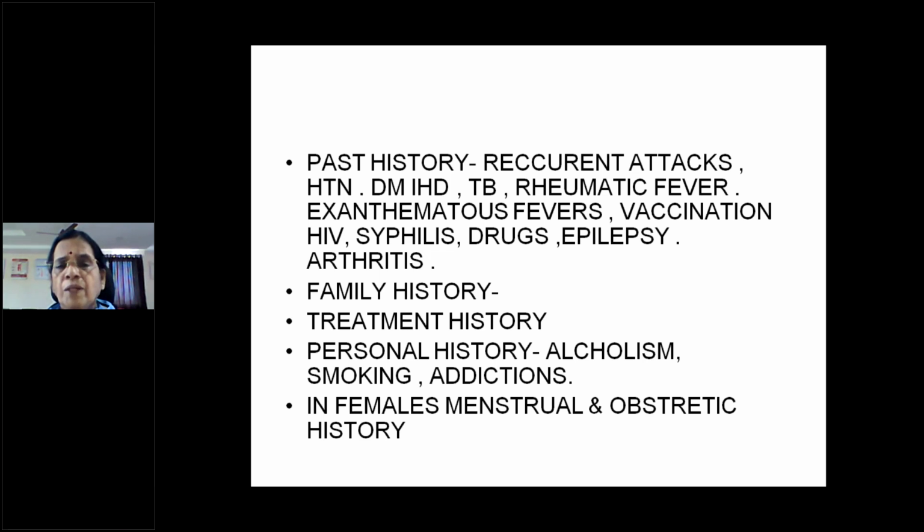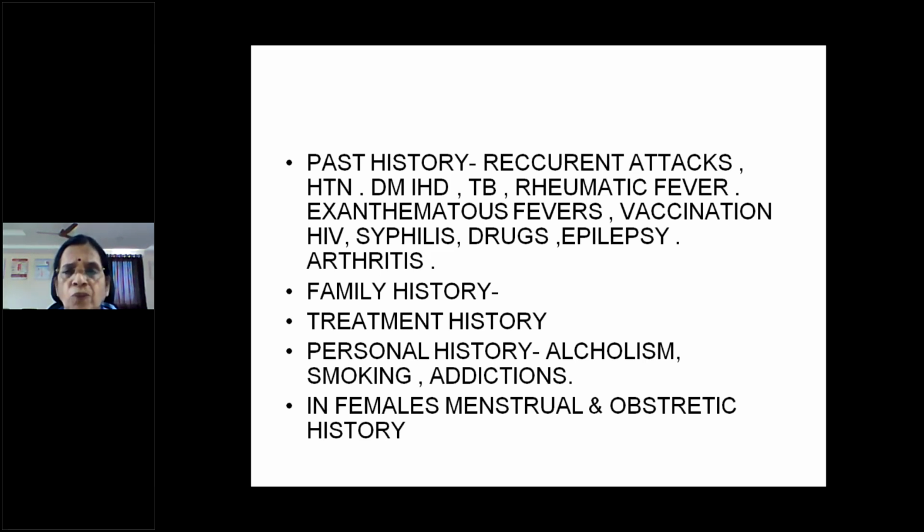Another important symptom that indicates the patient is in the acute stage: if a patient comes with seizures for the first time, you have to think of cerebral edema along with the stroke. Raised intracranial tension can produce this. And arthritis indicates the patient may have a connective tissue disorder, and later he may develop a neurological involvement. So these are all the things we have to ask.